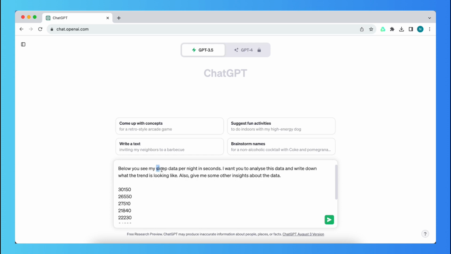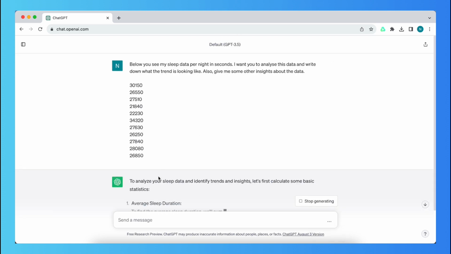what it is. As you can see, sleep data per night in seconds. So now ChatGPT knows what it is. I'm just going to press enter, and right now it is working. As you can see,